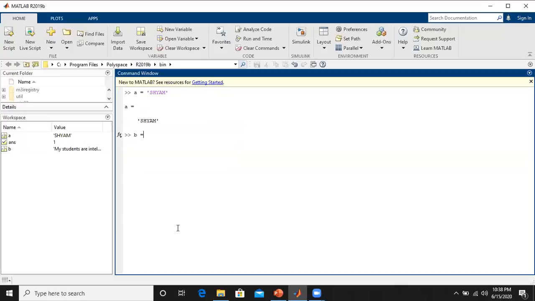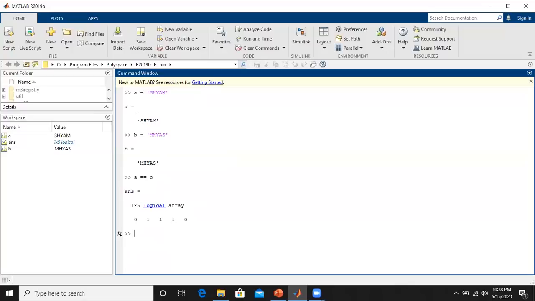So I will take B again. So I will just interchange the letters. So instead of writing S, I will write M. Instead of writing M, I will write S. Okay, so here what I do is M, HYA, then S. Okay, so when I go for A equal to B, then it compares character-wise.